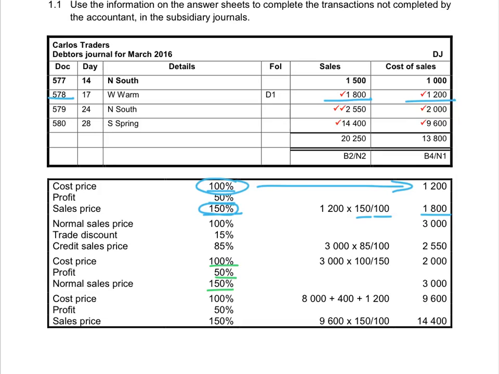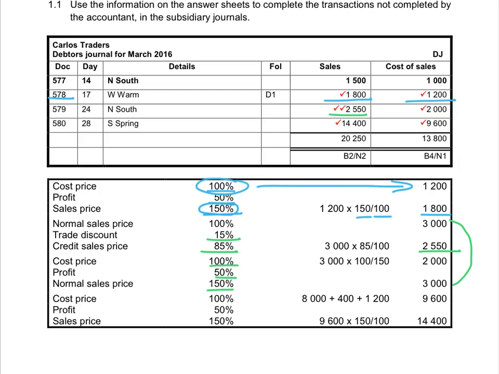We allowed 15% discount to him, so that means we only received 85% from him, and that gave us the 2,550 Rand that he will pay. So although the normal sales price is 3,000, we gave him 15% discount, and the amount that we will receive from him will be